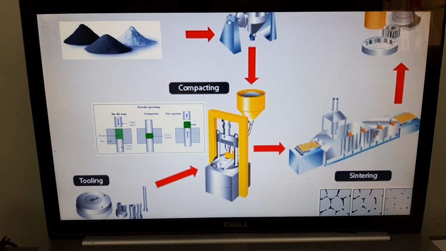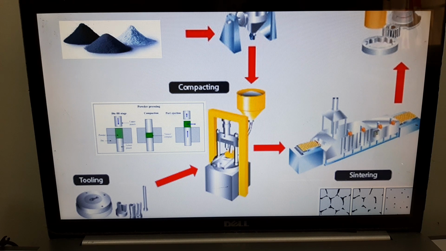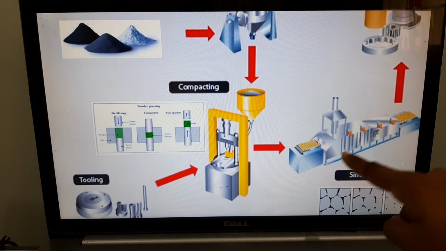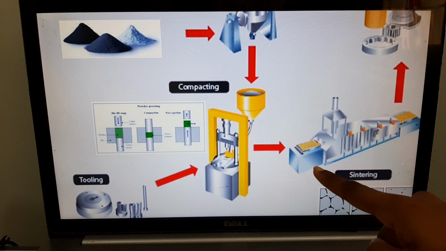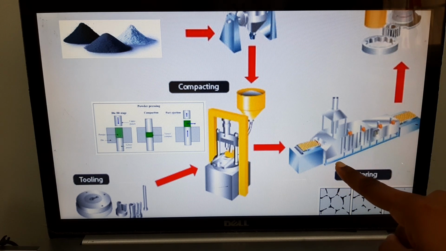When you heat the powder below melting point, it is in a semi-solid state. The material becomes soft and starts to chemically bond with one another. So that's when you sinter it. And once you sinter, just like in hot working, you will find that your specimen has a reduction,